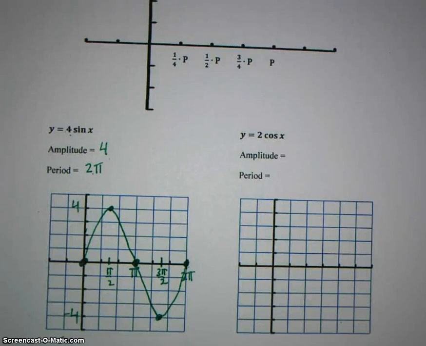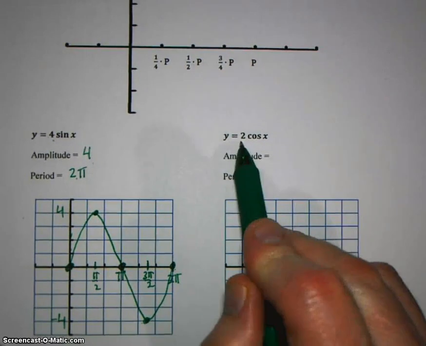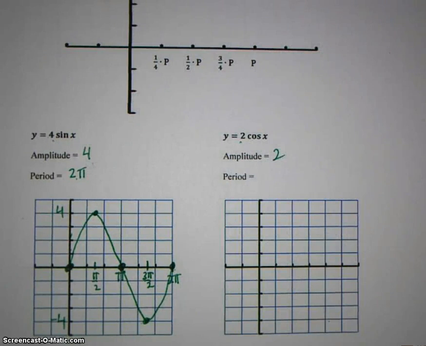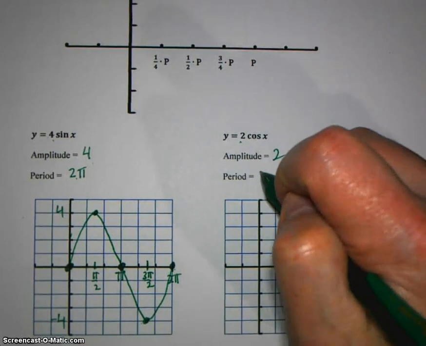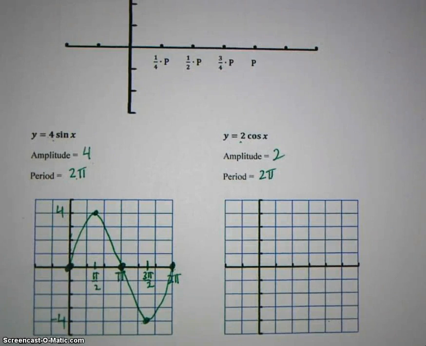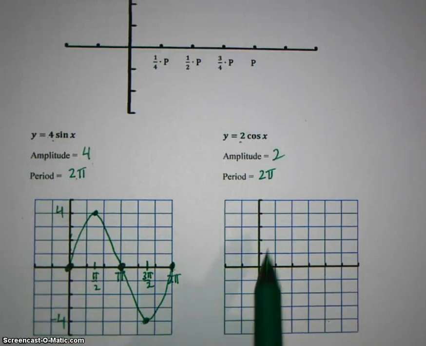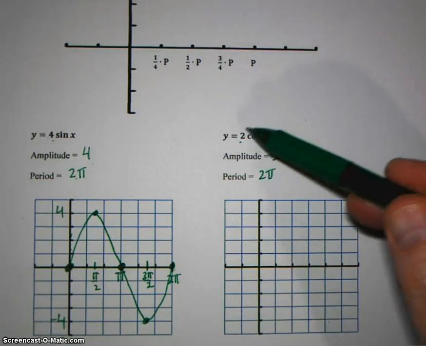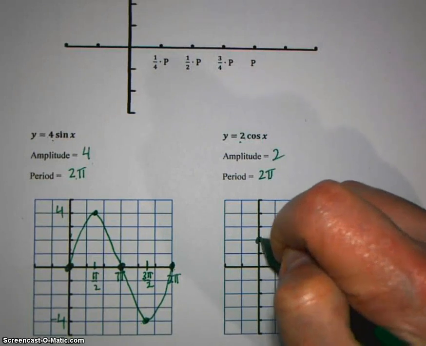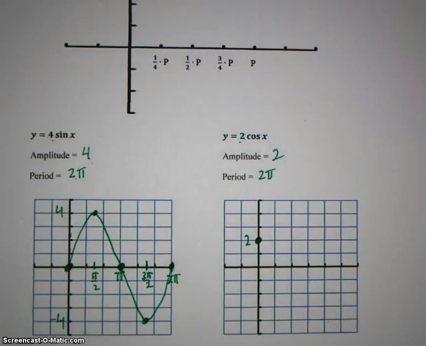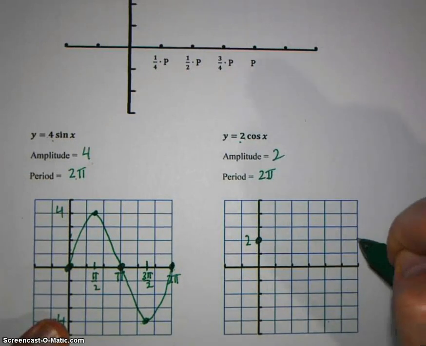Okay, for a cosine graph, the process is really the same. Almost. I'll show you where it's different. Amplitude is 2, because that's the number in front there. There's no number inside here, so period is 2 pi. Here's where the big difference is. Sine graph always starts on the axis. Cosine graph always starts high or low, depending on this number. When this number is positive, it starts high. So it's going to start there at the high point of 2. Period is 2 pi, so it's going to end at 2 pi,